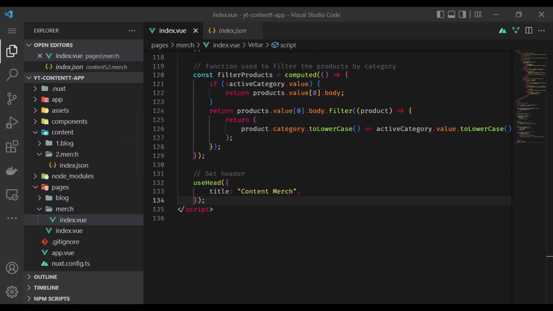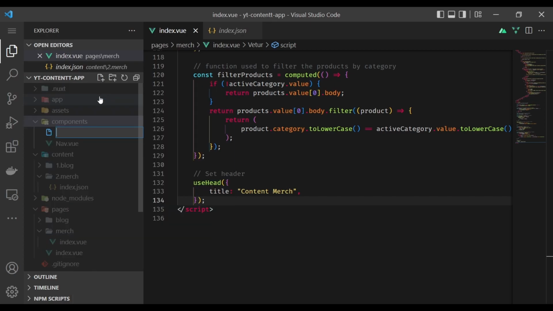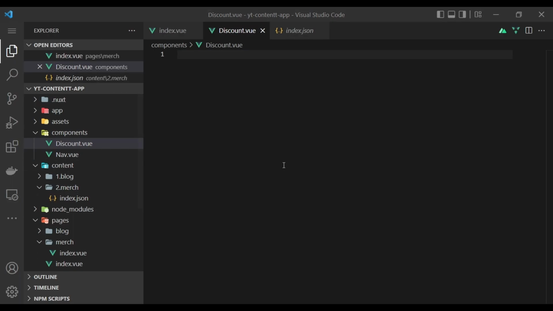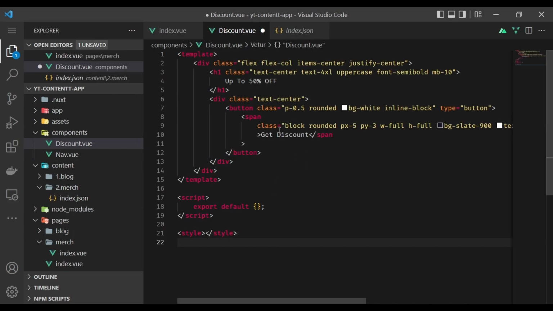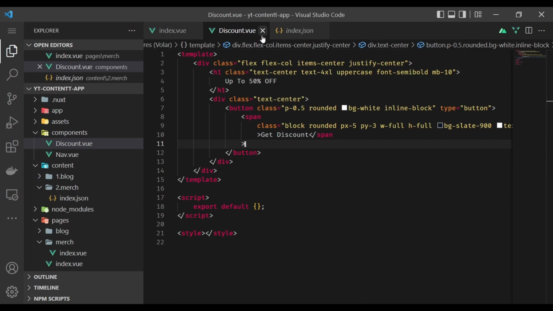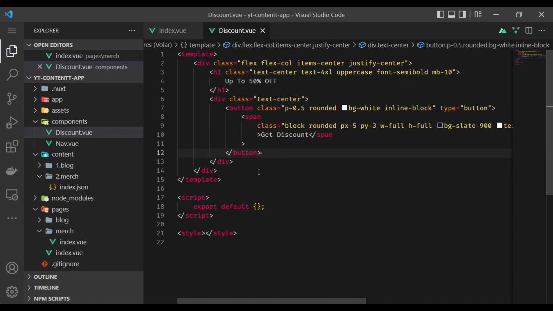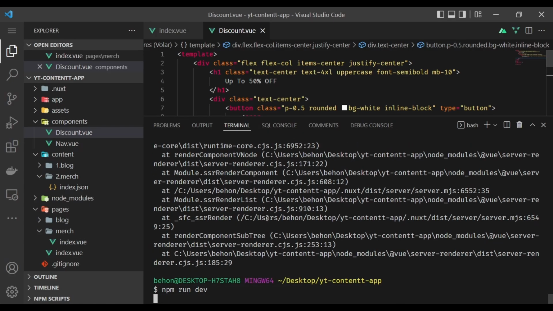So within the components folder, I'm just going to go ahead and create discount view, and let me just paste the code in here. So the discount card, it will just say up to 50% off, and it will have a button that says get discount. Of course, there's no functionality in place because we're really just focusing on what the content module can do for our website. All right, with the discount component created, let's just restart our server